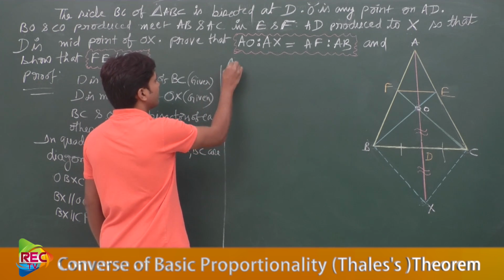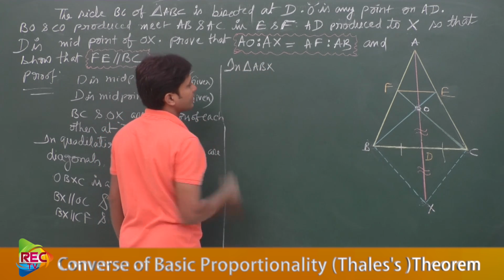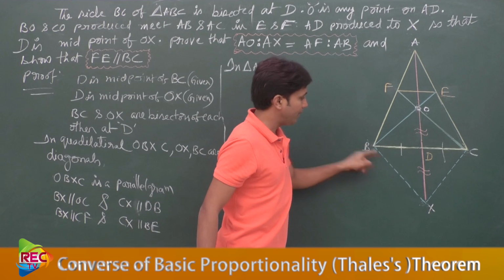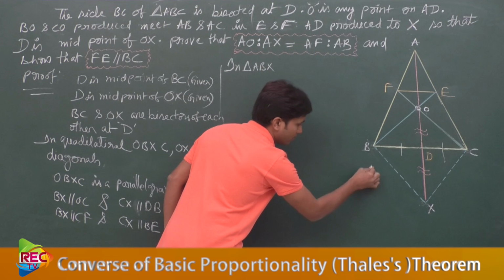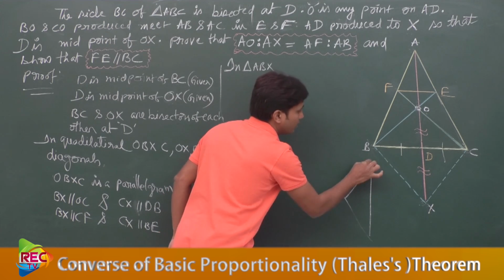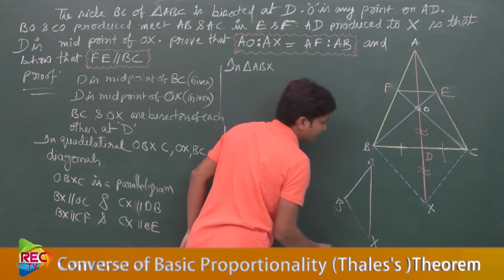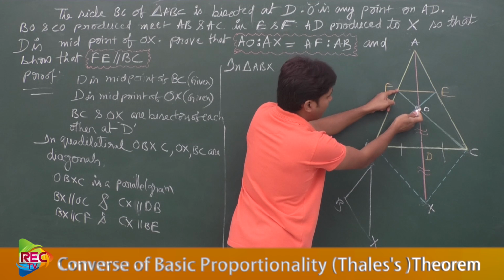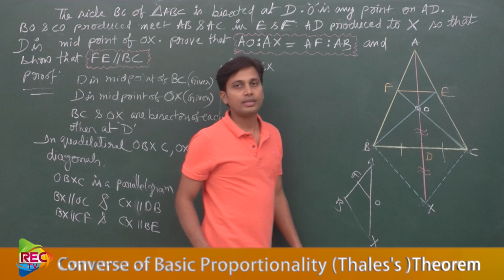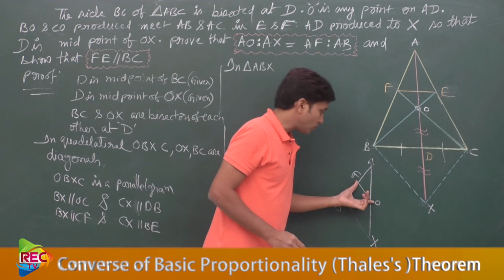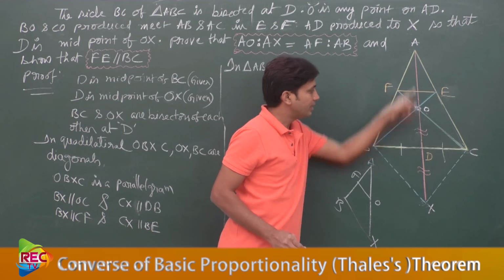In triangle ABX, this triangle. If you are confused here, let me draw this separately. Let this be A, and let this be B, and let this be X. Now you can consider the OF line over on this, or not? This is OF. So now OF is lying on this. We consider this in this triangle.